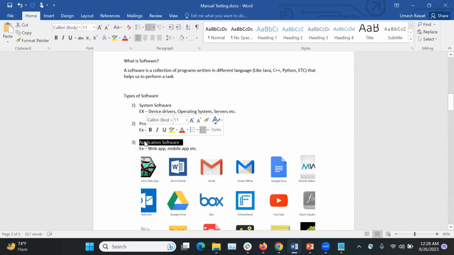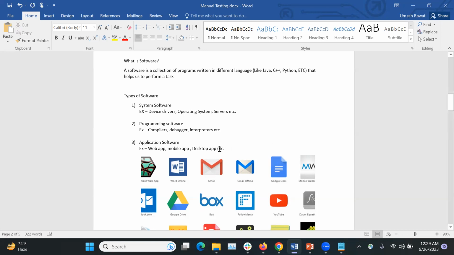Mobile applications are the applications you download from the Play Store, or in iPhone, I think it's the App Store. When you download from there, those are known as mobile applications, like the standalone applications of Instagram and WhatsApp. Those are known as application software. And desktop application, I didn't write here, I will just write it. Desktop app is